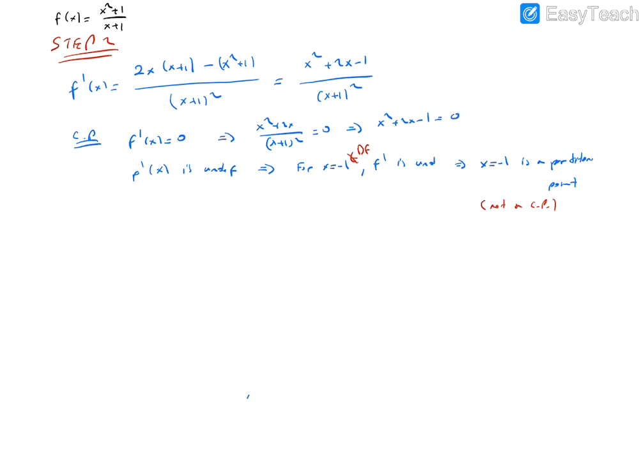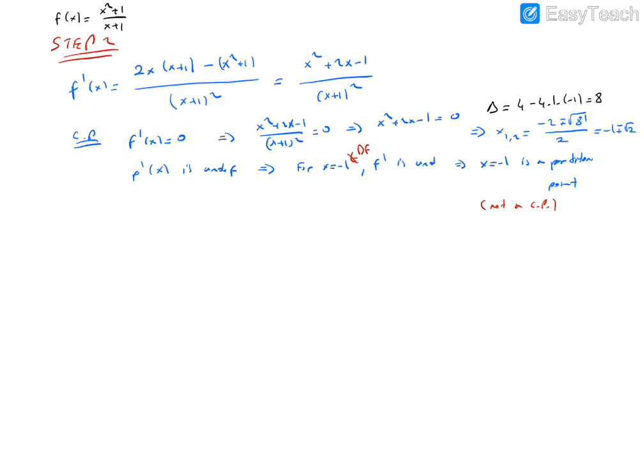So this is not plus 1 minus 1. What is the delta of this quadratic function? b squared, 2 squared, minus 4 times a times c. This is 8, okay? So we can find the roots of this second degree polynomial. x1 and x2 equals minus b plus minus square root of delta over 2a. So this is 2 square root of 2. So minus 1 plus minus square root of 2.